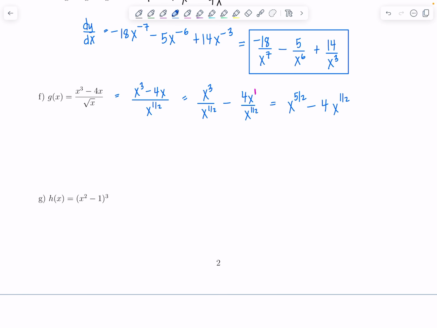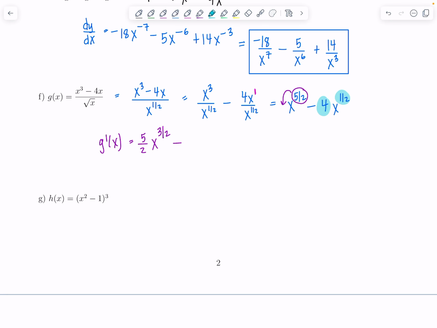So I haven't taken the derivative yet at all. I haven't done any calculus. This is just rewriting g of x so it's in derivative friendly format. So we can go ahead and use the power rule. So let's hop to it then. G prime of x is going to equal, you bring that 5/2 down front, and then you're going to have x raised to the 5/2 minus 1. So 5/2 minus 2/2 is 3/2 minus, and then keep that 4